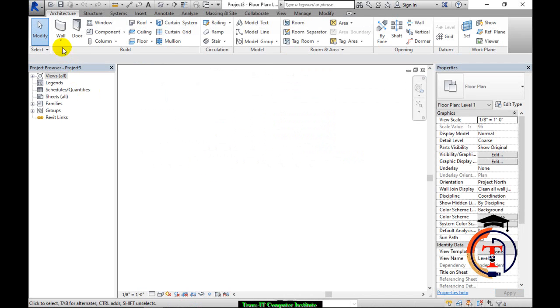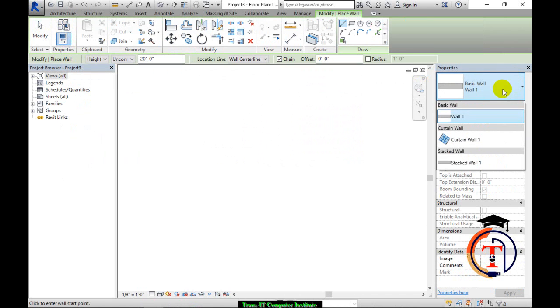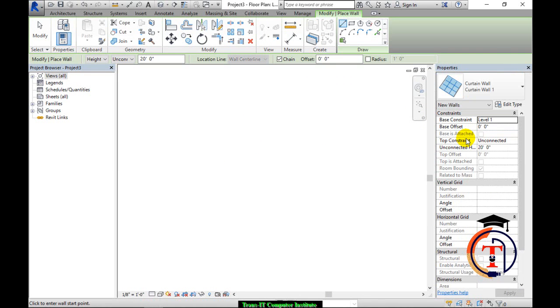Okay. Go to the architecture tab, go for the wall. So if you click here, there are basic wall, curtain wall and stack wall. So today we are going to learn curtain wall. So I select the curtain wall. After curtain wall selection,